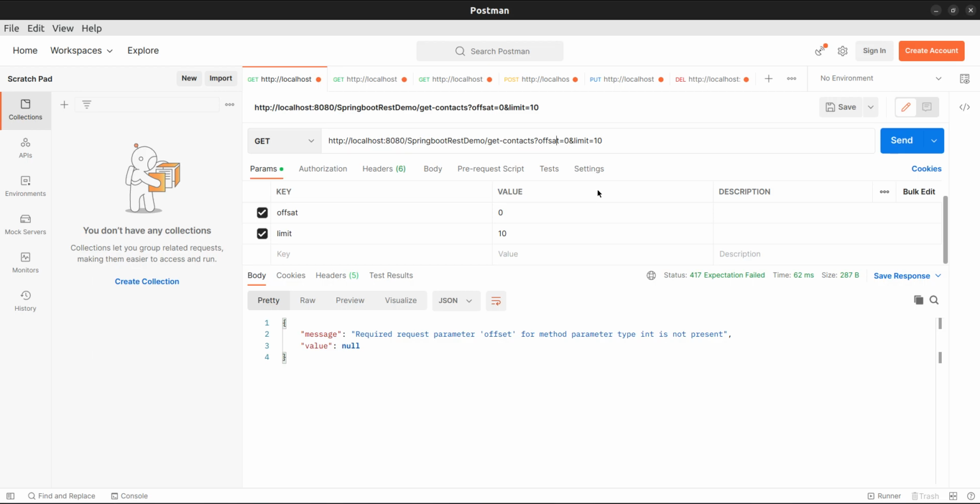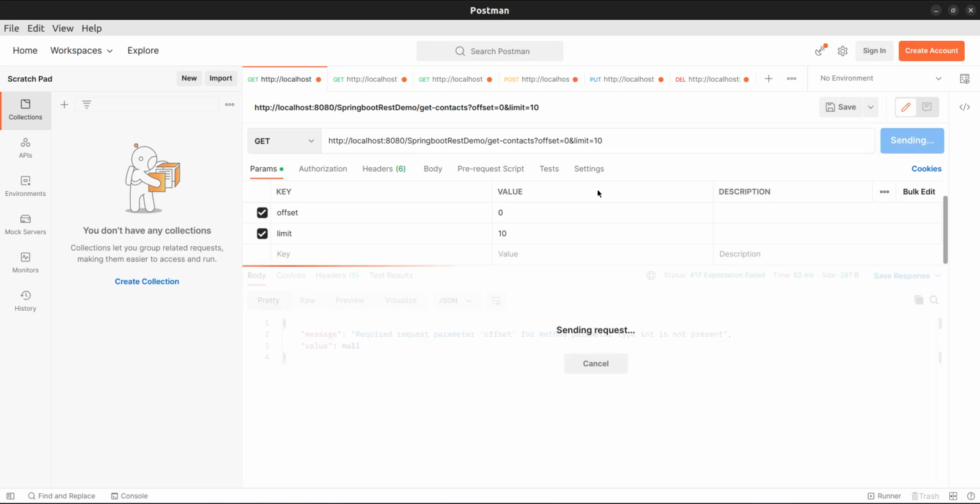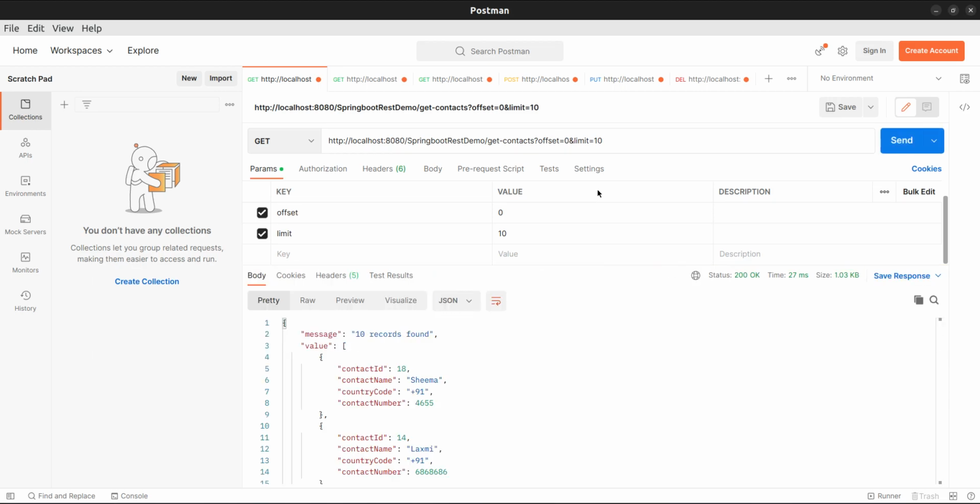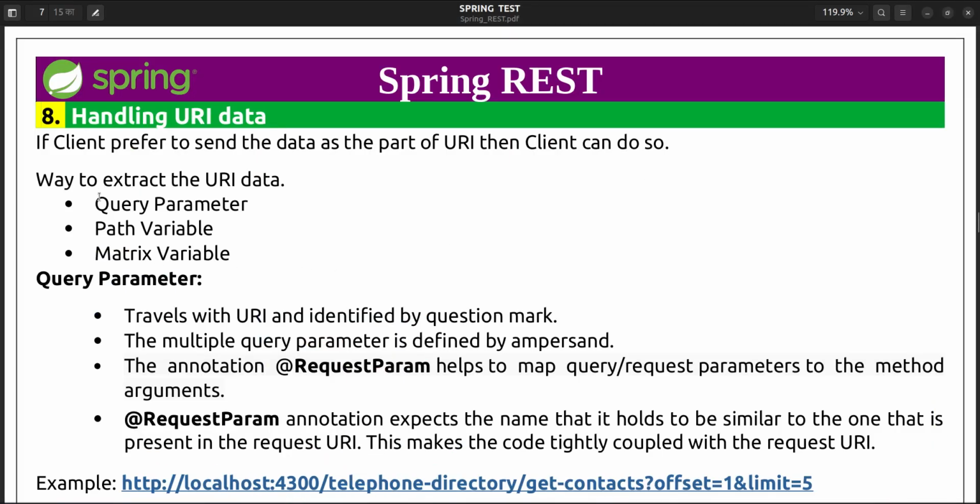This error is clearly saying request param offset for method param type int is not present. If it's not present, then you have to supply it. So if you supply it, it is working. Fine, so this is called a query parameter.